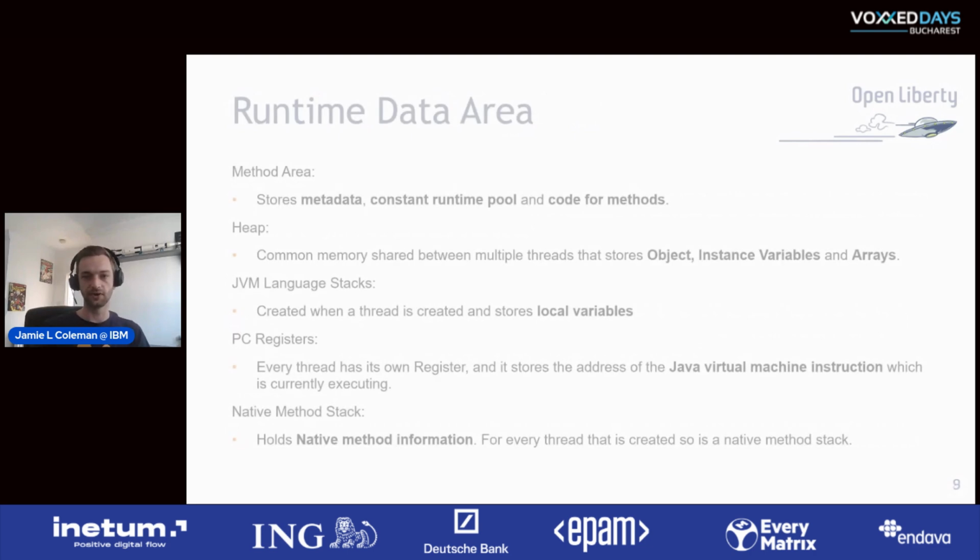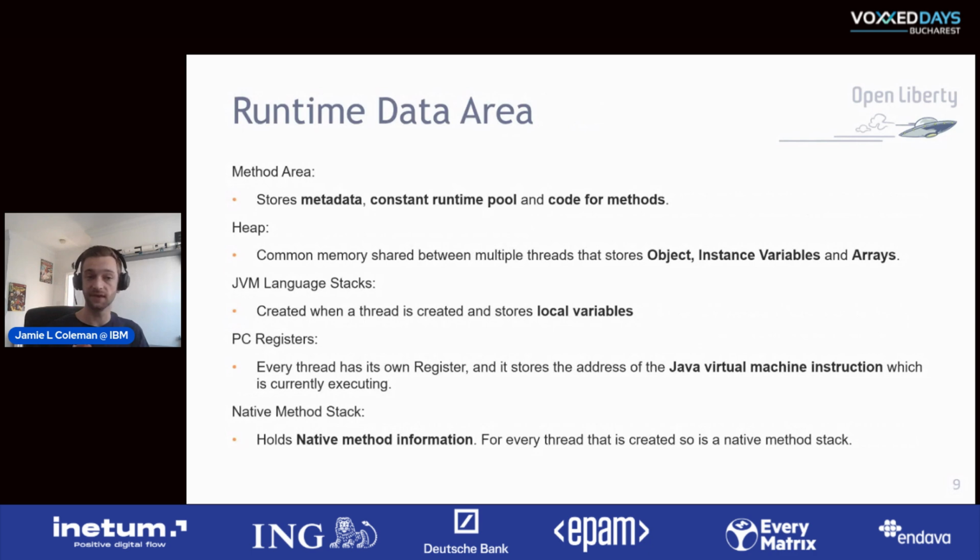The variable stores metadata and code for your methods, etc. You have your heap, which is the common memory shared between different threads, and that stores stuff like objects, instance variables, and arrays. Then you've got the JVM language stacks, and this is created when a thread is created